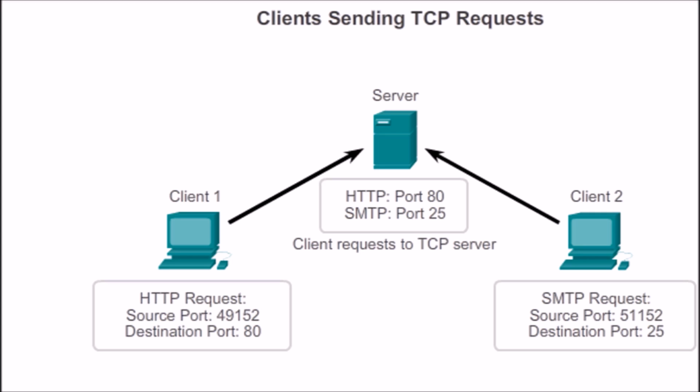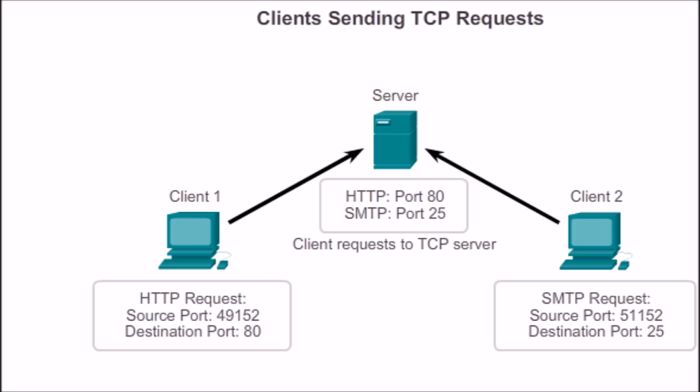Application processes run on servers. A single server may run multiple application processes at the same time. These processes wait until a client initiates communication with a request for information or other services. Each application process running on the server is configured to use a port number, either by default or manually